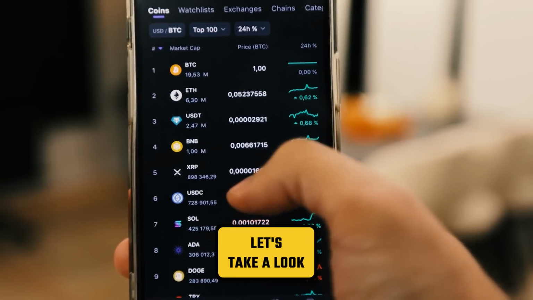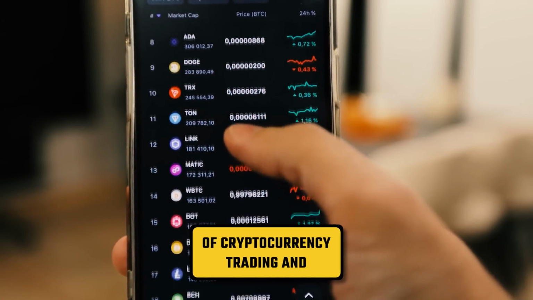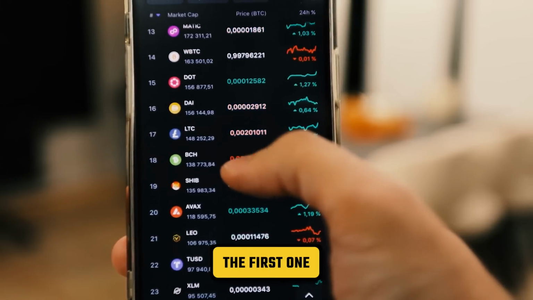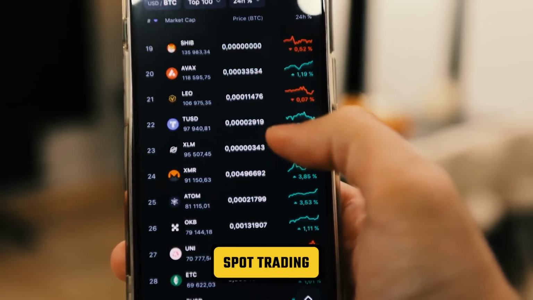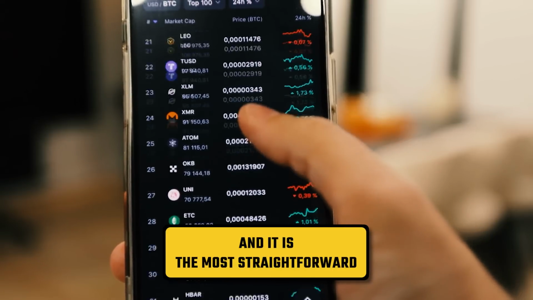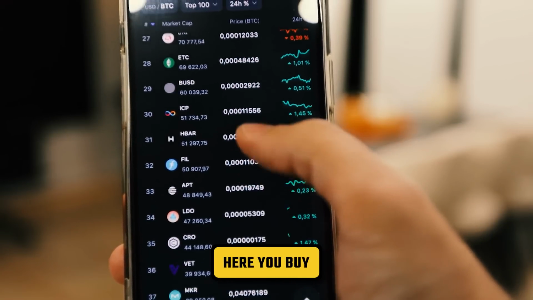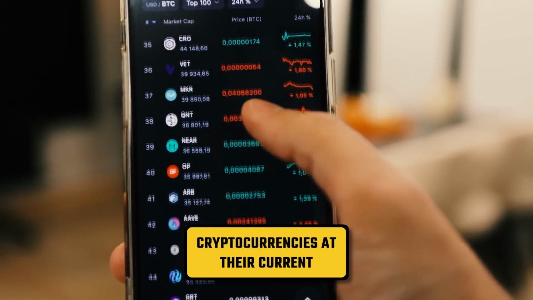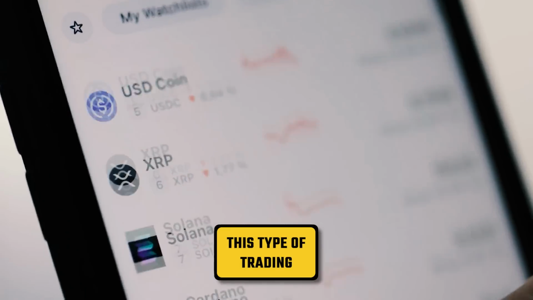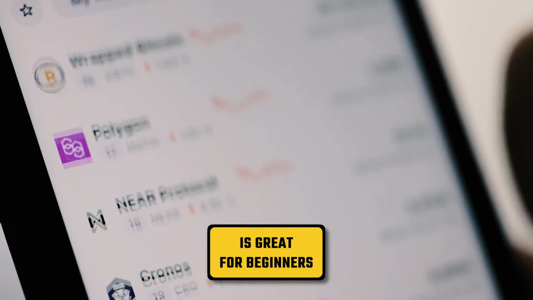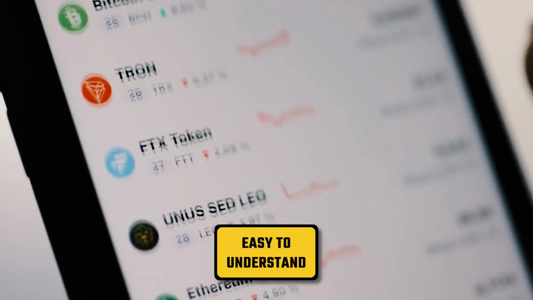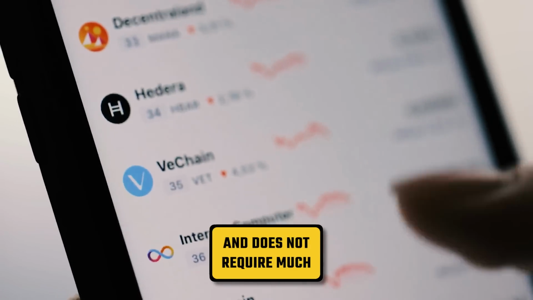Next, let's take a look at some types of cryptocurrency trading on Binance. The first one we'll be taking a look at is spot trading, and it is the most straightforward approach. Here, you buy and sell cryptocurrencies at their current market prices. This type of trading is great for beginners because it is easy to understand and does not require much specialized